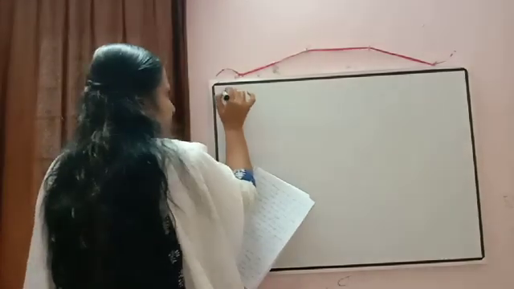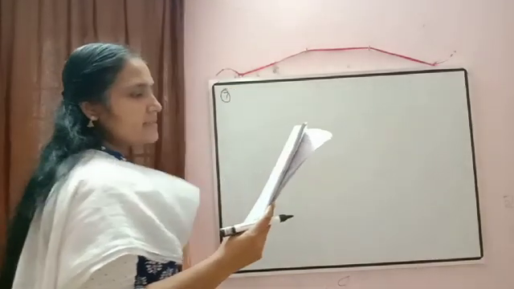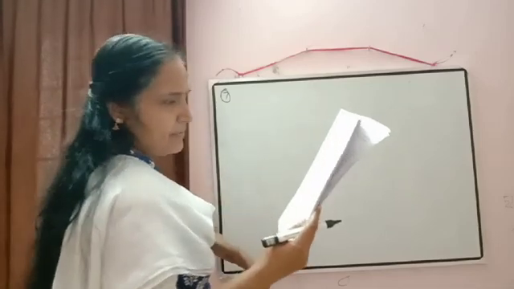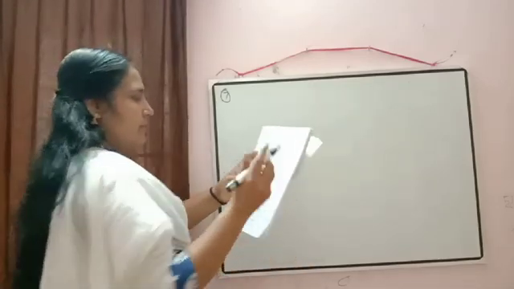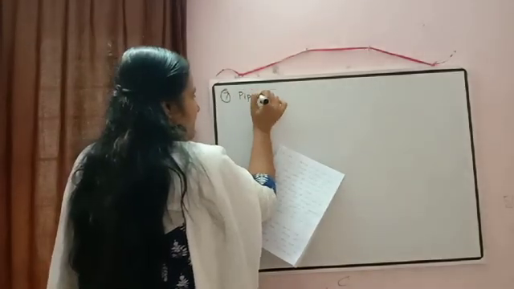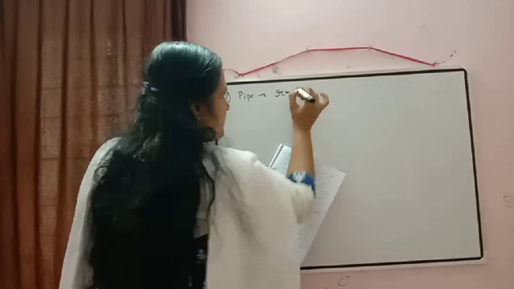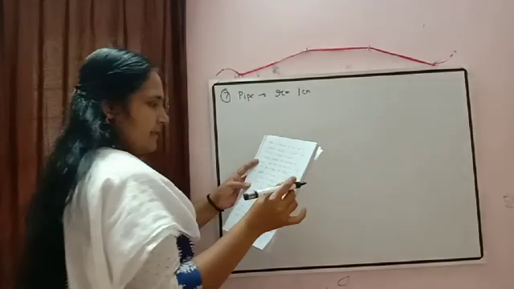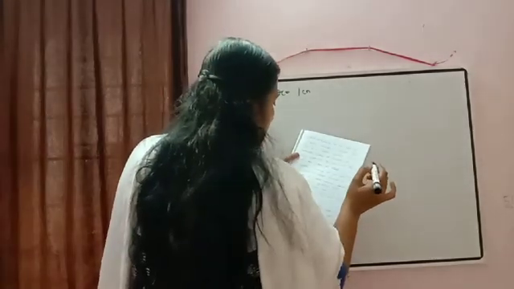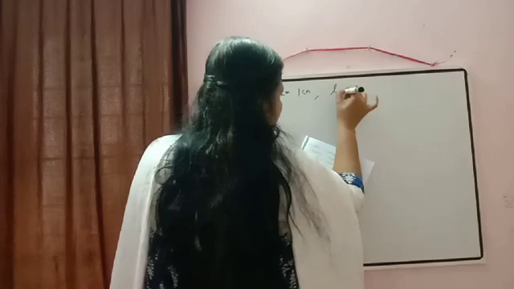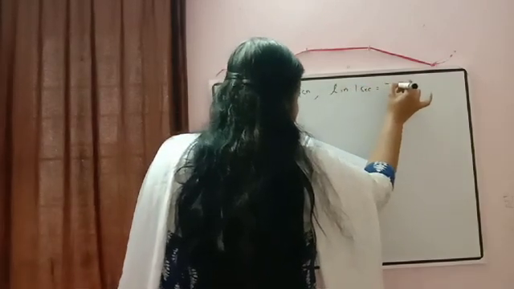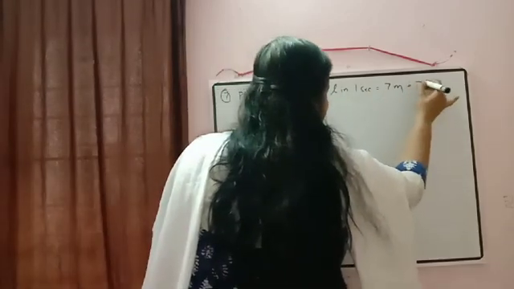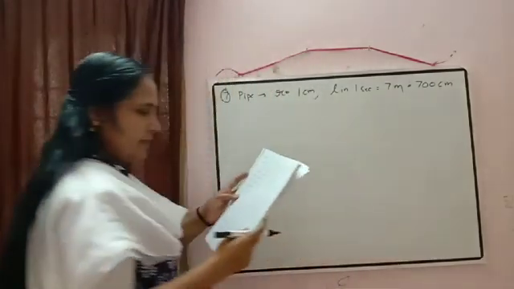Okay, then next question number 7, it is written, water is flowing at the rate of 7 meter per second through a circular pipe whose internal diameter is 2 centimeters. So again for the pipe, internal diameter is 2 centimeter, so radius is equal to 1 centimeter, and it is flowing at the rate of 7 meter per second. Means length in 1 second is equal to 7 meter, which will be equal to 700 centimeter.